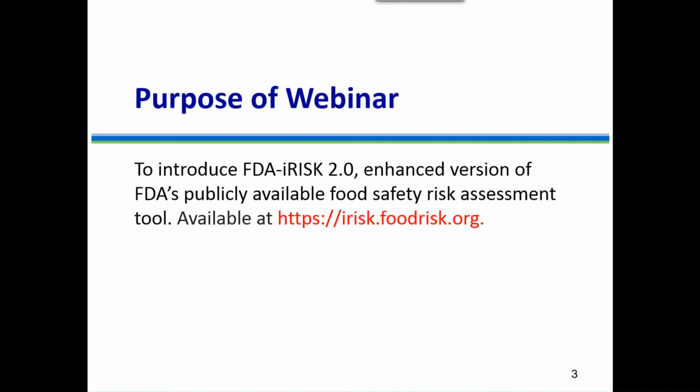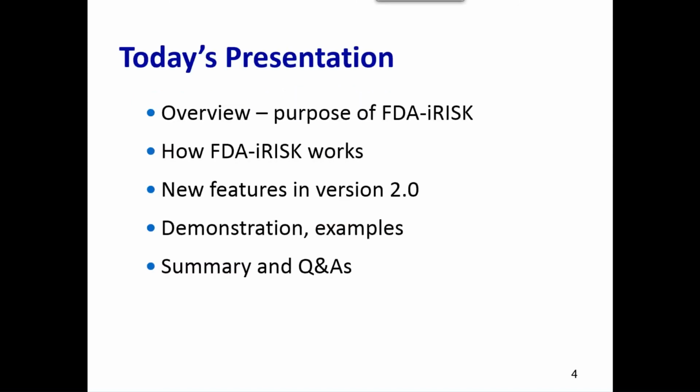The purpose of this webinar is to introduce FDA-iRISK 2.0, the enhanced version of FDA's novel food safety risk assessment tool. As of today, version 2.0 will be available at the URL that you see on your screen. Today's presentation will include an overview of the purpose of FDA-iRISK, how it works, and the new features in version 2.0. We'll also provide a demonstration and examples, a summary, and opportunities for questions and answers. Now, we recognize that many of you might be new to FDA-iRISK, so we've structured the webinar to accommodate both current and new users. And with that, I'll turn the presentation over to Jane, who will give you a brief overview of the purpose of